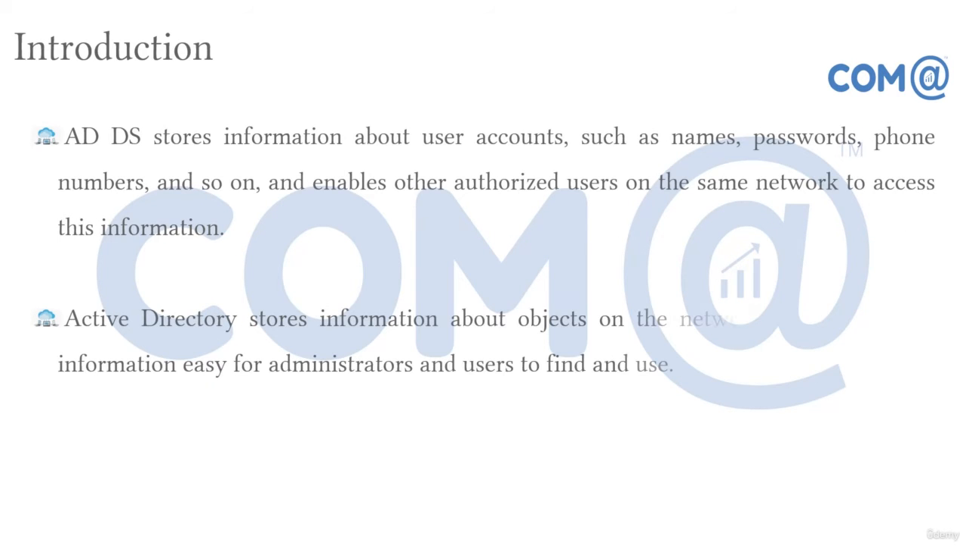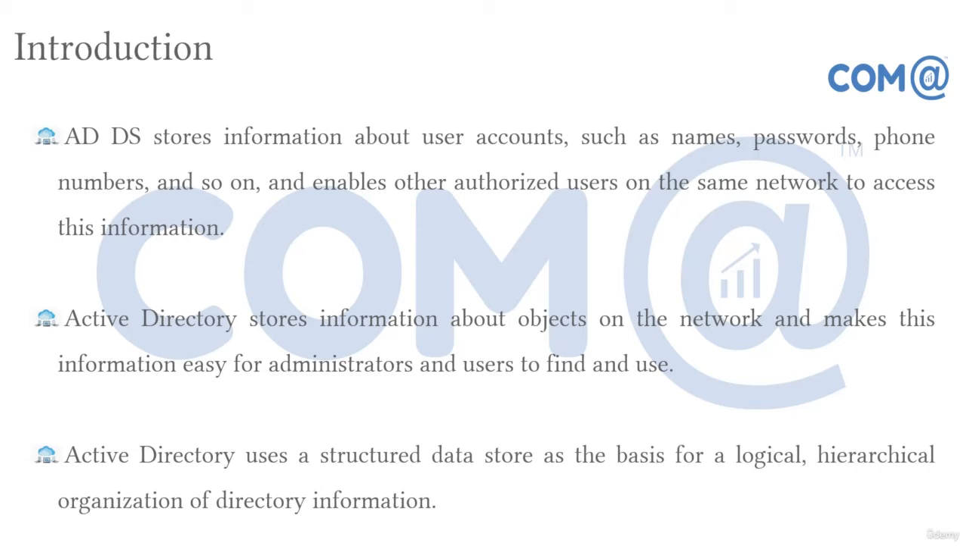And also, Active Directory Domain Service stores the information about the user account, such as names, passwords, phone numbers, and so on, and enables other authorized users on the same network to access this information. Active Directory stores information about objects on the network and makes this information easy for administrators and users to find and use. And also, Active Directory service uses a structured data store as the basis for logical hierarchical organization